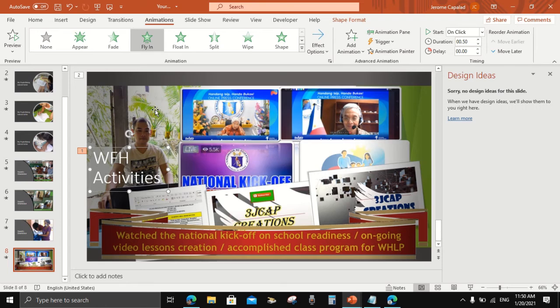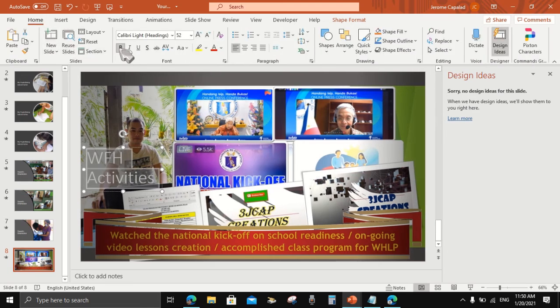If the text is light, the background should be dark. If the text is dark, the background should be light. Okay, so in this case, my background is light, so the text should be a little bit dark, or you can emboss it,